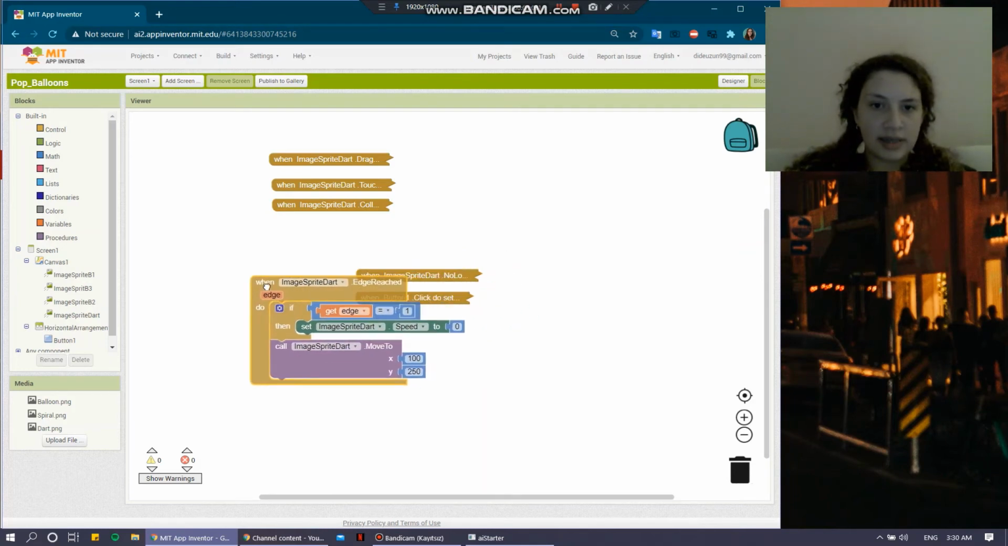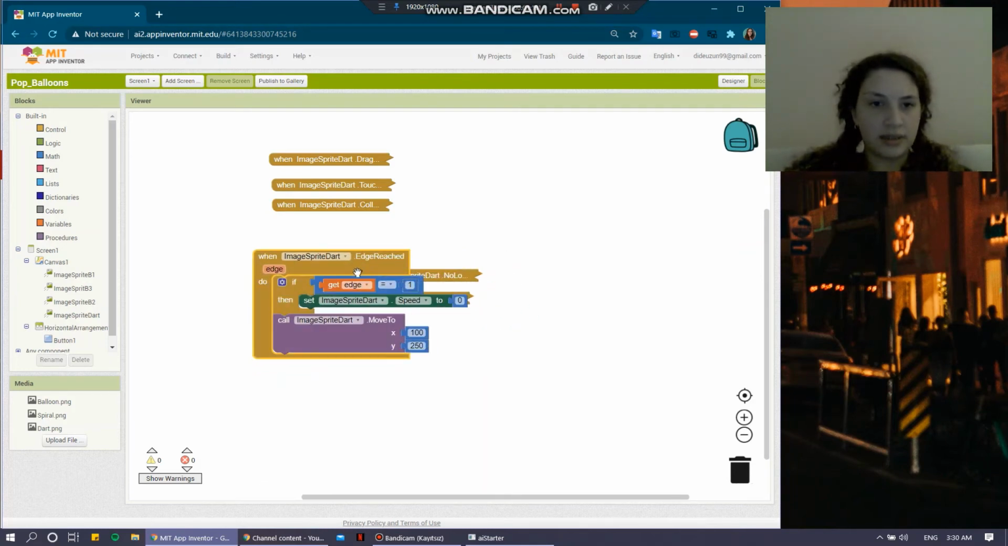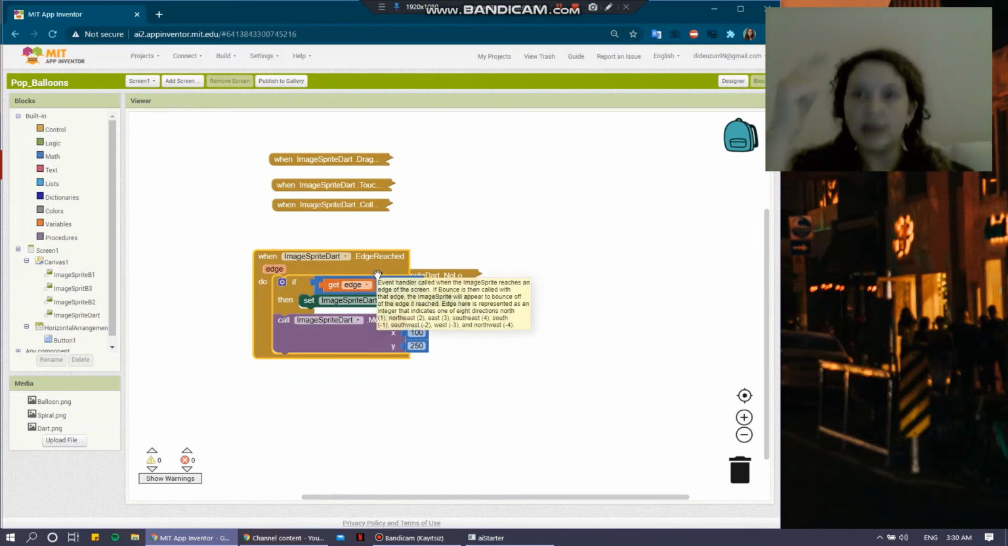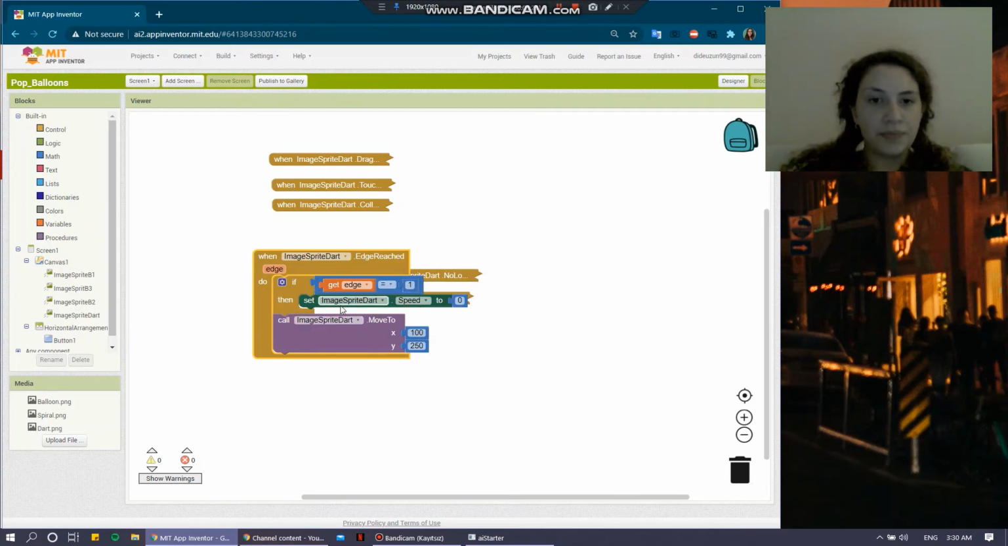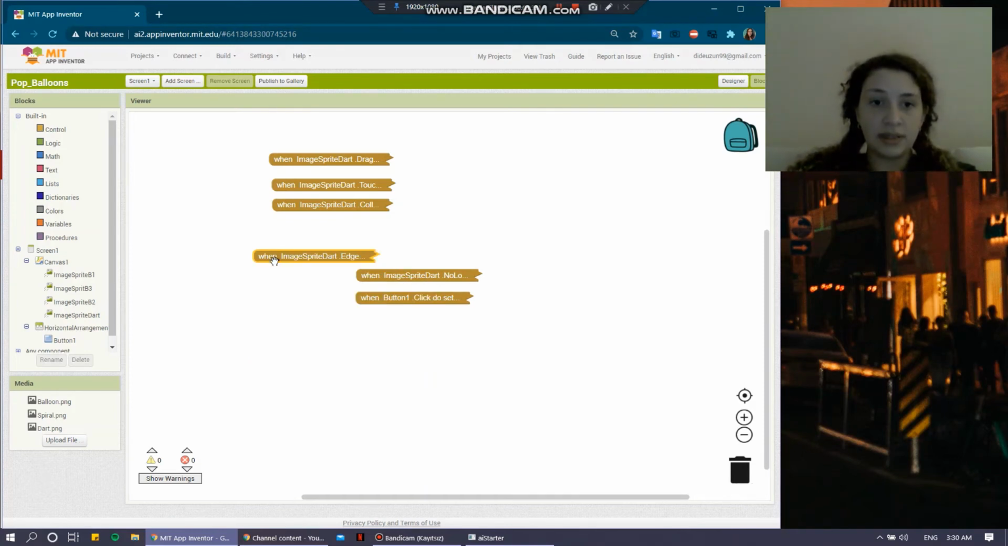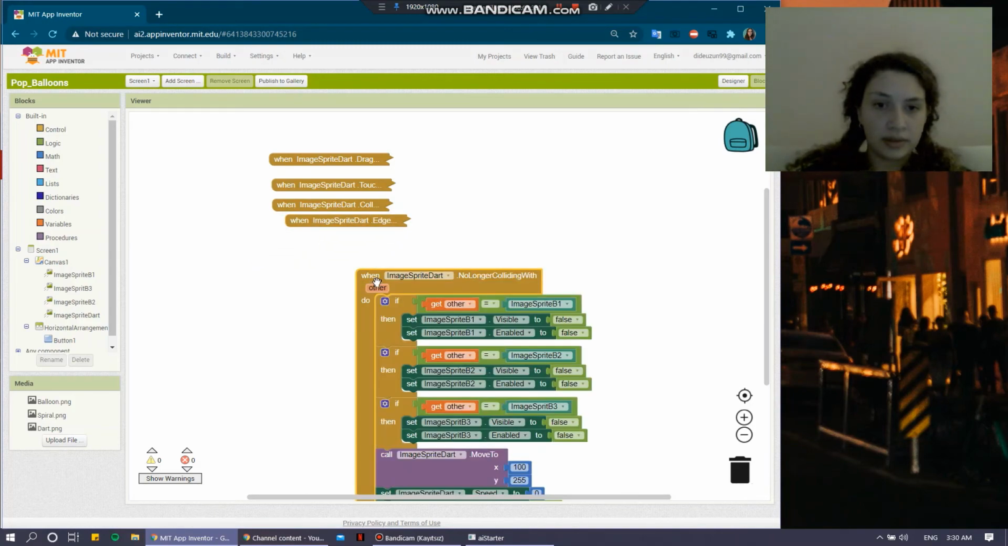And this is the edge reached event. When a dart image reaches the edge, like top edge, it moves it back to x 100 and y 150,